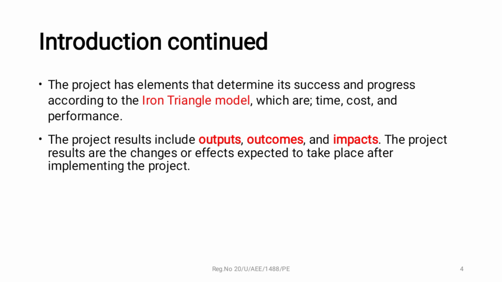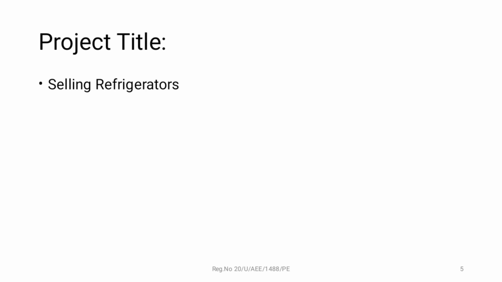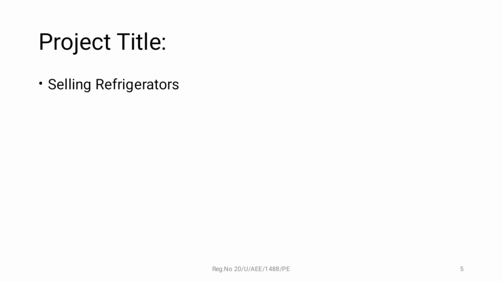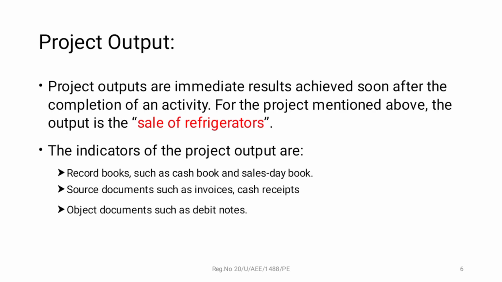So back to the question, the project results, which are the outputs, outcomes, and the impacts. They are the effects expected to take place after implementing the project. Starting with the project title, my project is selling refrigerators. Project outputs are immediate results achieved after the completion of the activity. Depending on my project, my project output, which is the immediate result achieved, is the sale of refrigerators. One of the indicators can be the record books, which show the transactions made, the day-to-day transactions